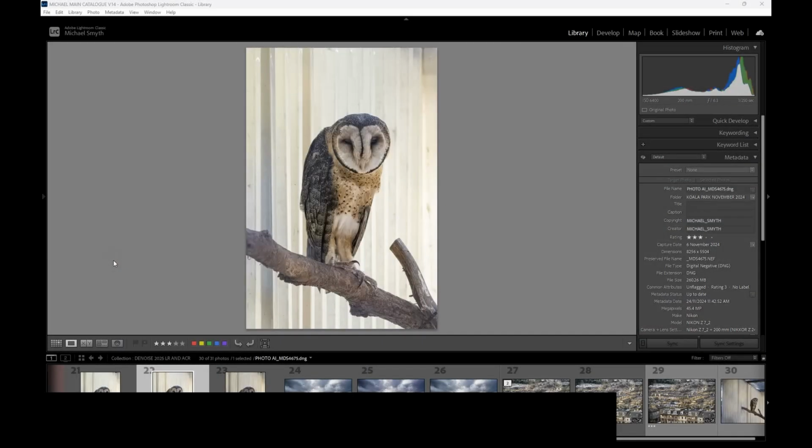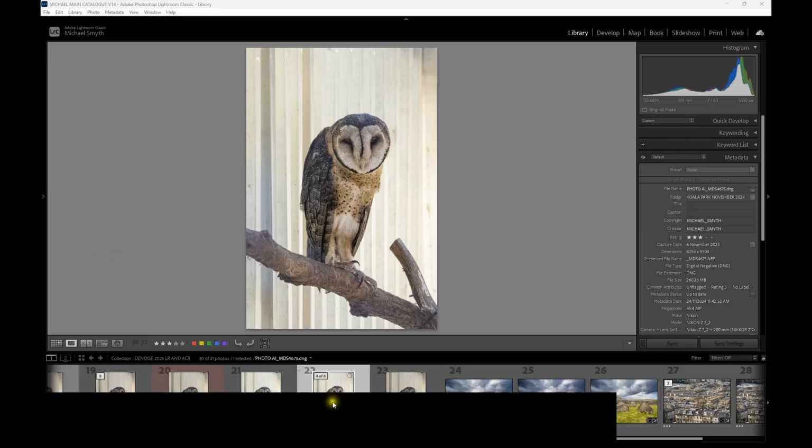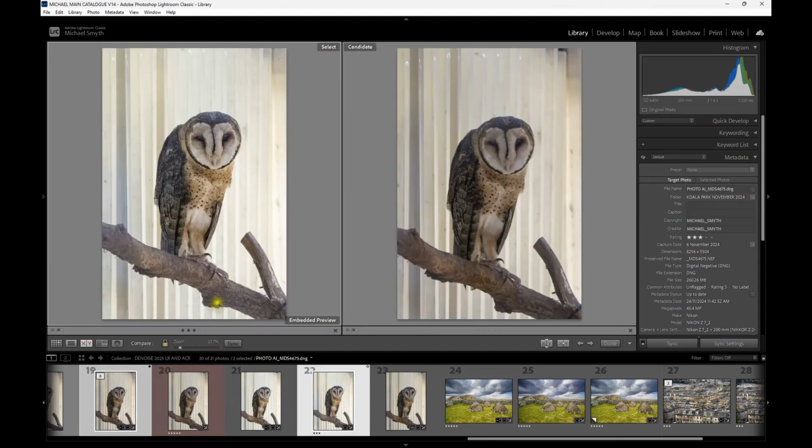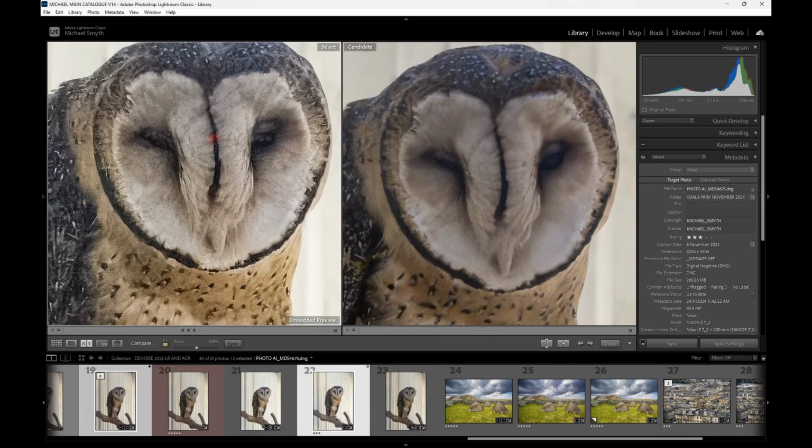So now that's returned to Lightroom as a DNG file from Photo AI. We've applied the denoising and the sharpening from within Photo AI. So we can now do an apples and apples comparison with the version that we did in Lightroom using Lightroom's denoise. So that's our Photo AI version, and we just need to find the right version that we did, and here it is. So if I select those two and we do a side-by-side comparison, let's just see what the